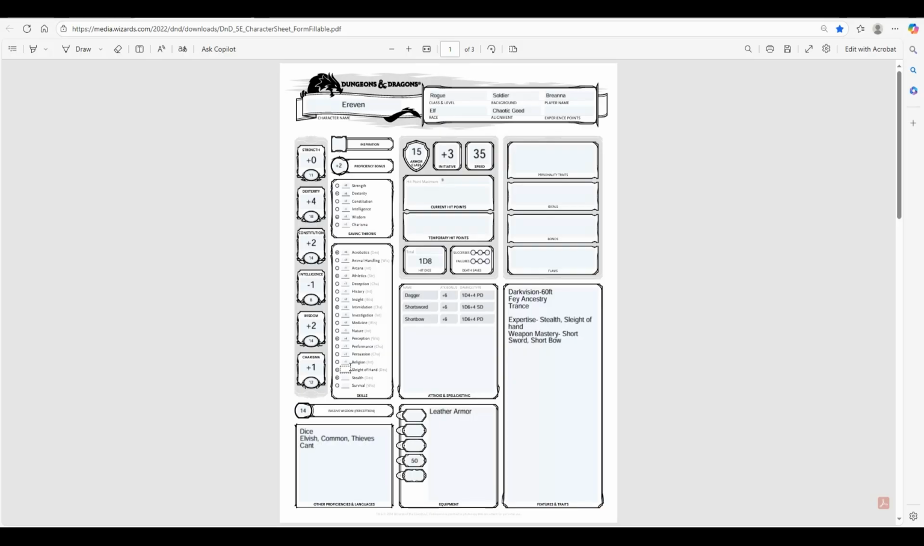And we have expertise on stealth and sleight of hand, so we will add our proficiency bonus twice. And survival. There we go. And after that,